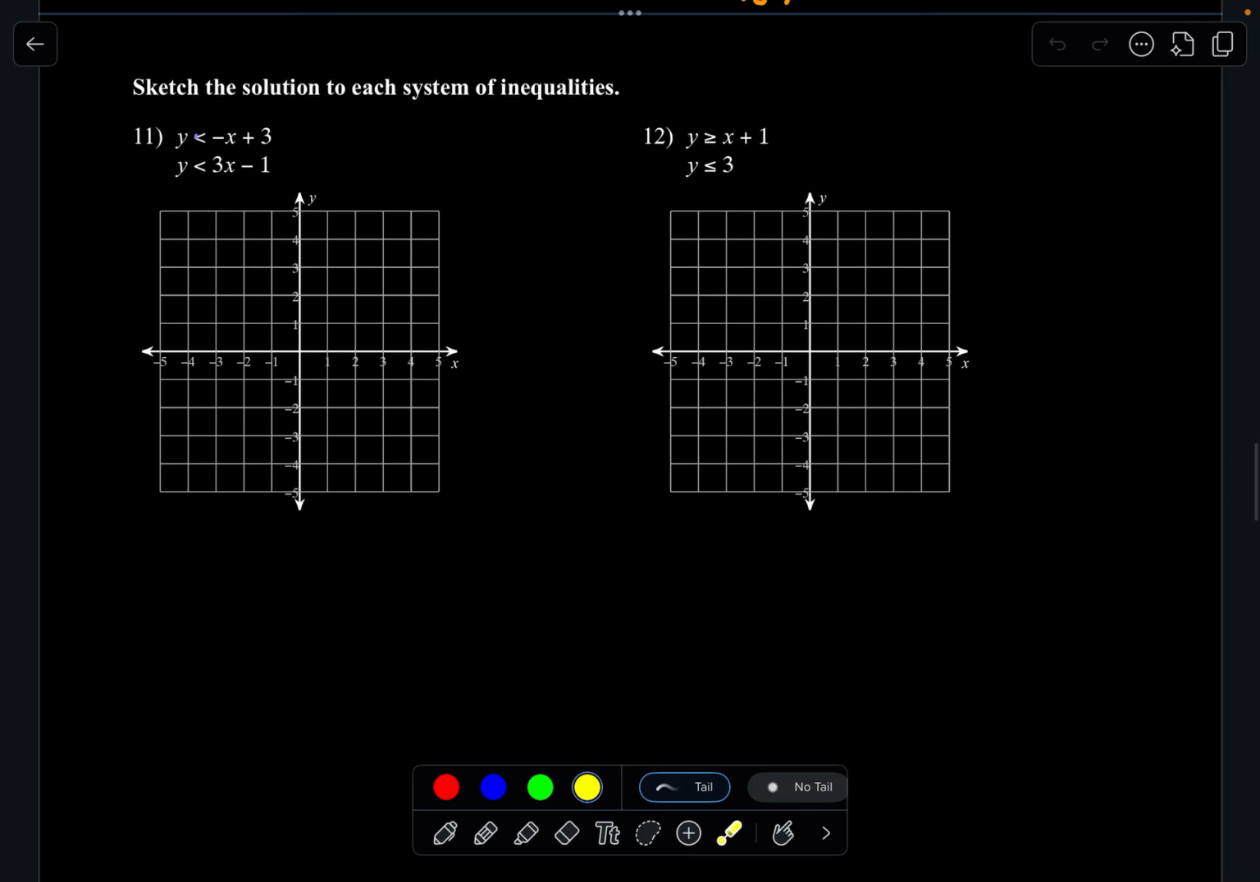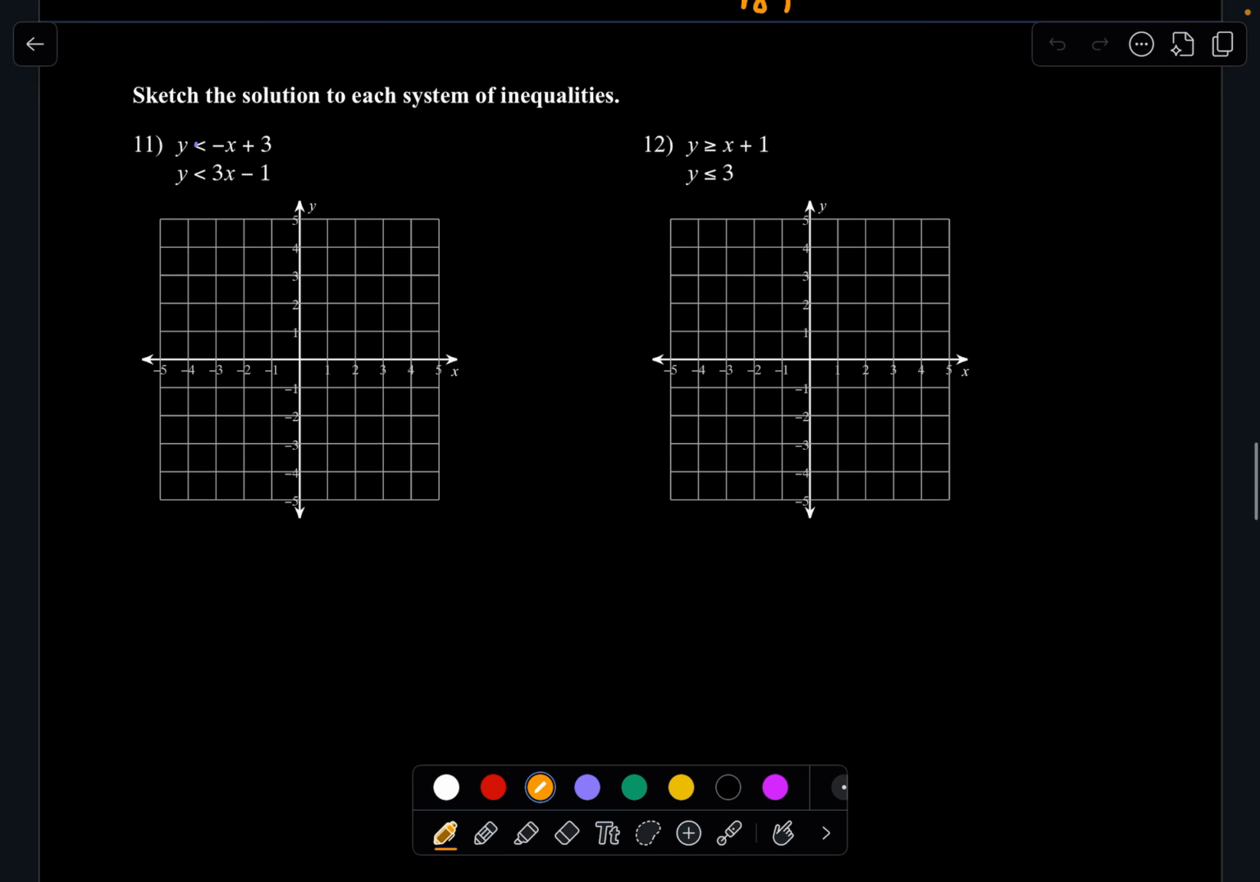I'm just going to do 11 and 12, solving systems of inequalities. Now, linear inequalities in two variables,